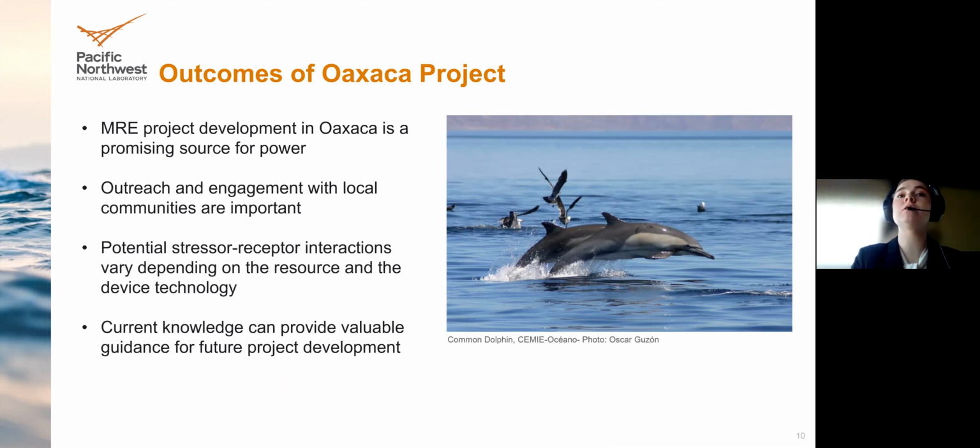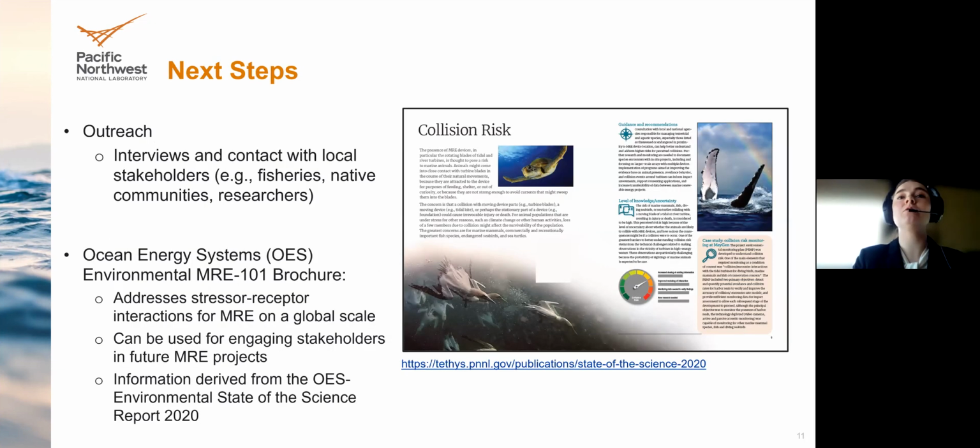There is still need for additional research on the environmental effects of each device type. However, working with developers and utilizing past and current data will benefit future projects. What I have learned, communication will be key to successful MRE device deployment. More interviews and contacts with representatives from each of the community groups will provide a well-rounded opinion on the subject